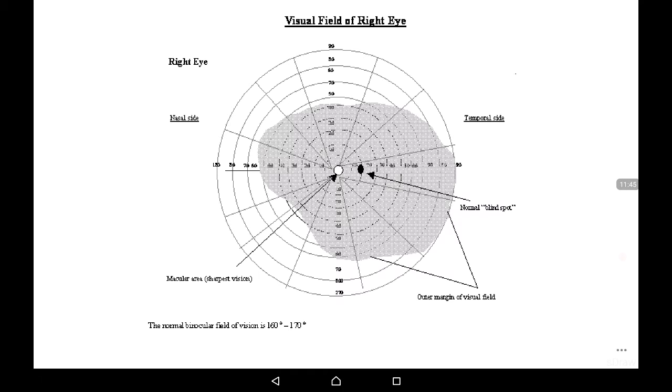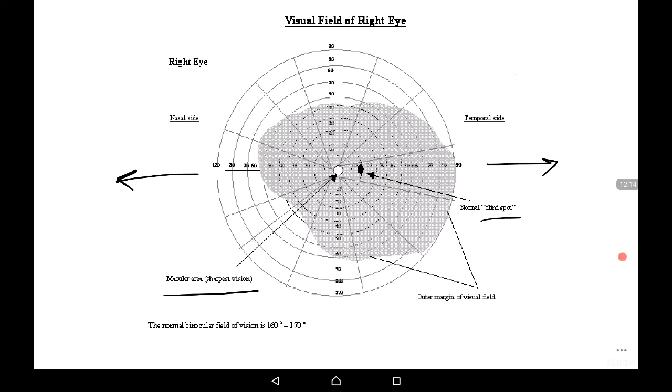For the right eye, we may see that the lateral, temporal side of the visual field is greater than the nasal side of the visual field. And we may also see that there is the point of the sharpest vision in the center, and there is a blind spot